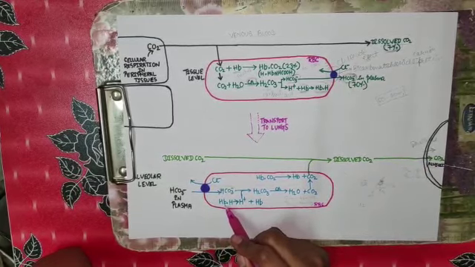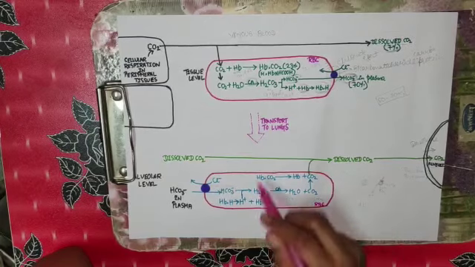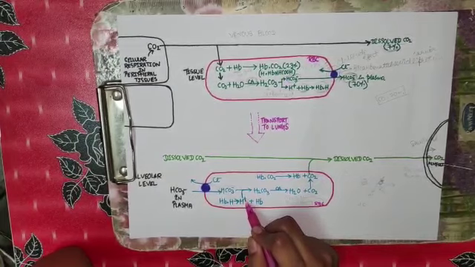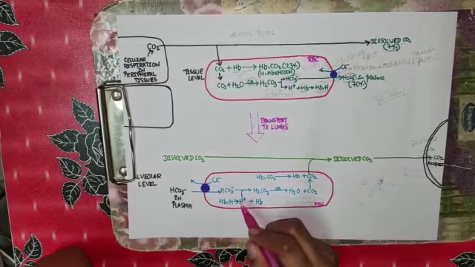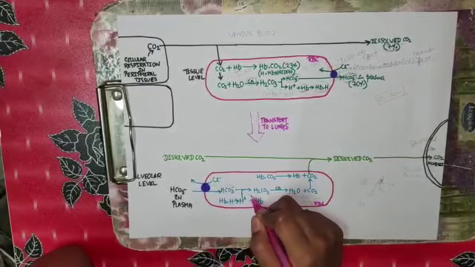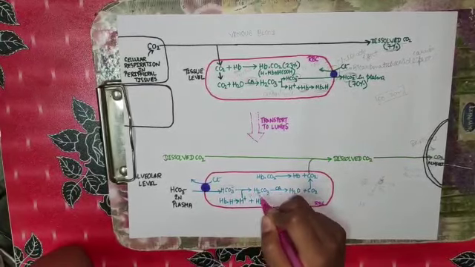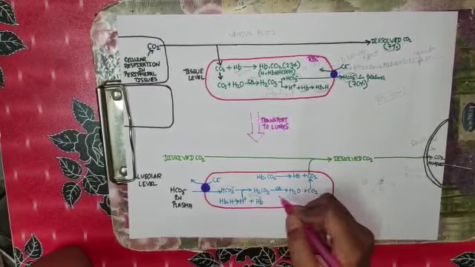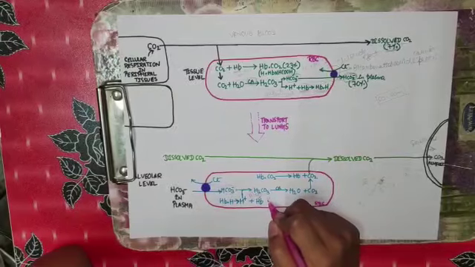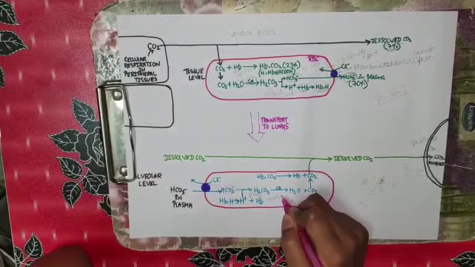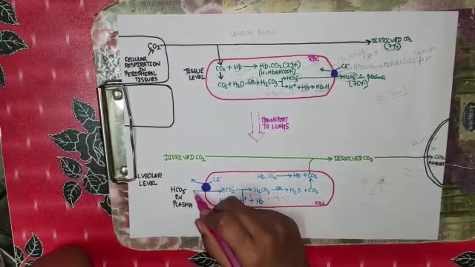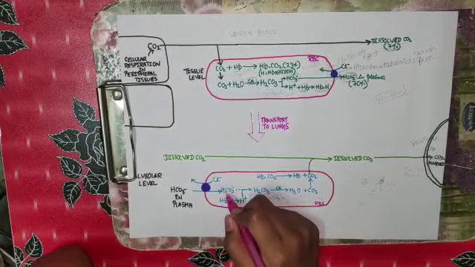As hemoglobin was carried in the RBC and has reached here, it will dissociate into H plus and hemoglobin. This H plus ion will react with the ions which are already present in the RBC. Bicarbonate will react with this and carbonic acid will be formed. Now the concentration of bicarbonate ion has decreased in the RBC, so to manage this, bicarbonate ion from plasma will move into the RBC.